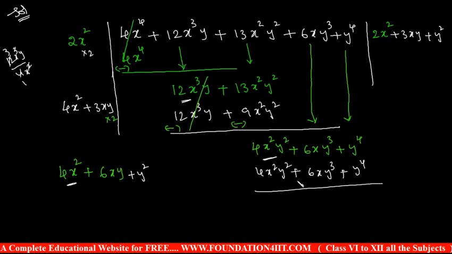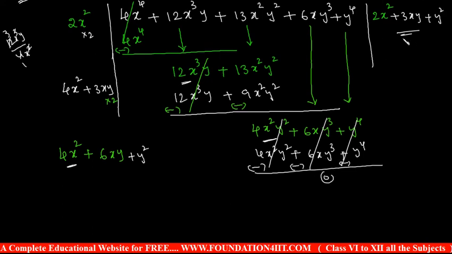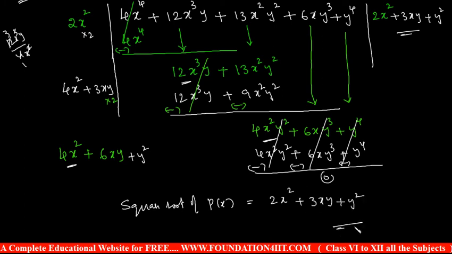In the last step, all terms are the same with opposite signs, so you can cancel. Everything is the same, you can see, and you get 0. If they give a perfect square polynomial, you'll get a correct answer. Once you get 0, you should see the quotient, that only is required. So the answer is 2x^2 + 3xy + y^2. Hence the square root of that polynomial p(x) is 2x^2 + 3xy + y^2.